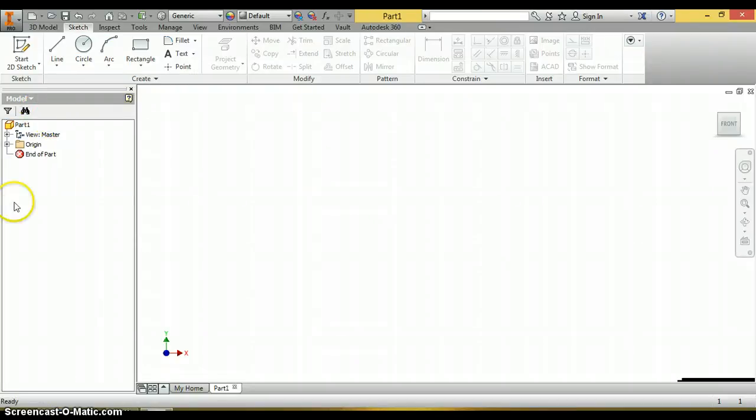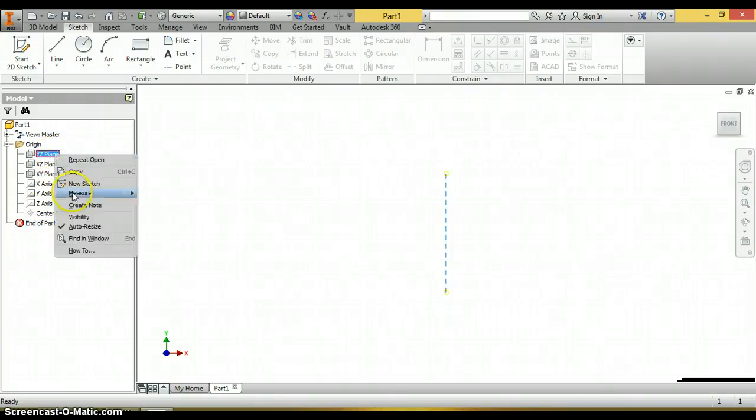Here you can see the model tree. What features we are creating will be displayed here as a tree and branch structure. Here are different working planes. We can create the sketch selecting any of the working planes.